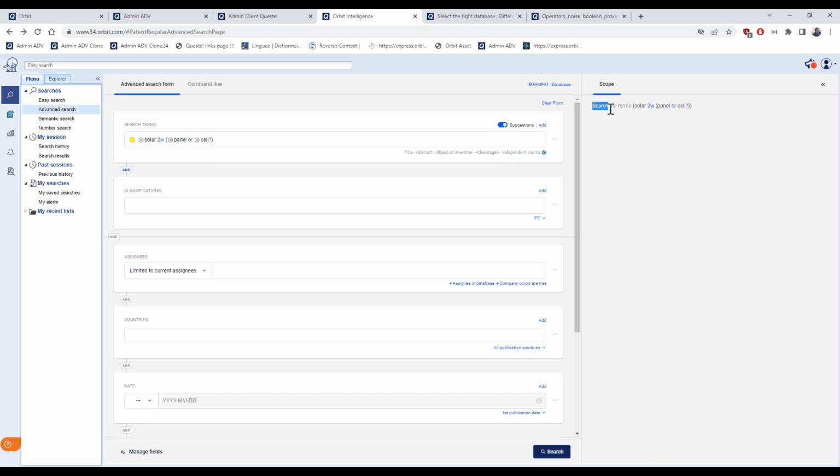Here on the right, you can see the new functionality of the scope. A new functionality added is the suggestions.